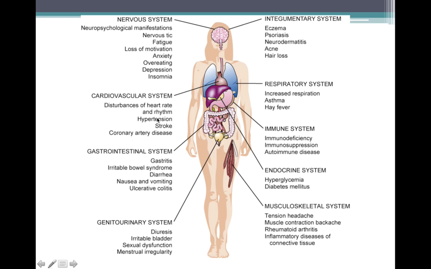Now, cardiovascularly, what's interesting is that stress can actually have a disturbance on heart rate and rhythm. So stress can abnormally cause your heart rate to be faster, but stress can also cause abnormal rhythms to occur in your heart. Like you can have arrhythmias that can occur from too many catecholamines exciting your heart. And those arrhythmias can lead to a variety of problems. Now, if your heart rate is too fast, that can lead to hypertension or high blood pressure, which can also put you at risk for stroke and coronary artery disease. And these relate also to stress.